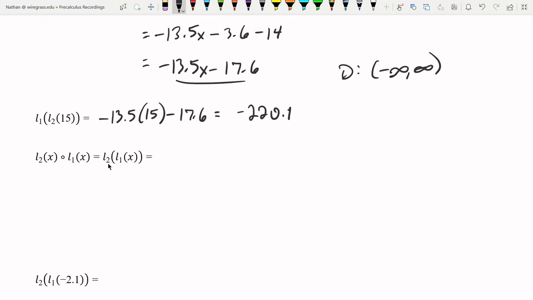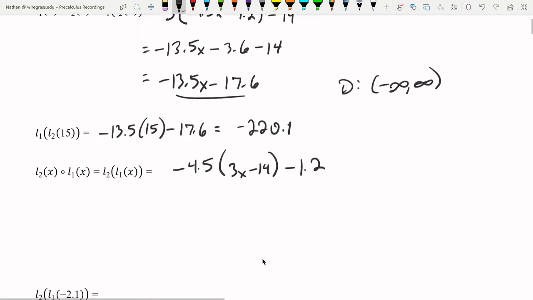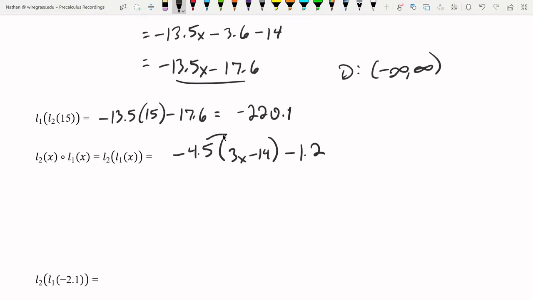We're going to plug L1 of x into L2. So L2 of x is negative 4.5x minus 1.2, and L1 is 3x minus 14. So we plug in L1 in for x and then simplify. So I'm going to distribute the negative 4.5. Doing that is going to give me